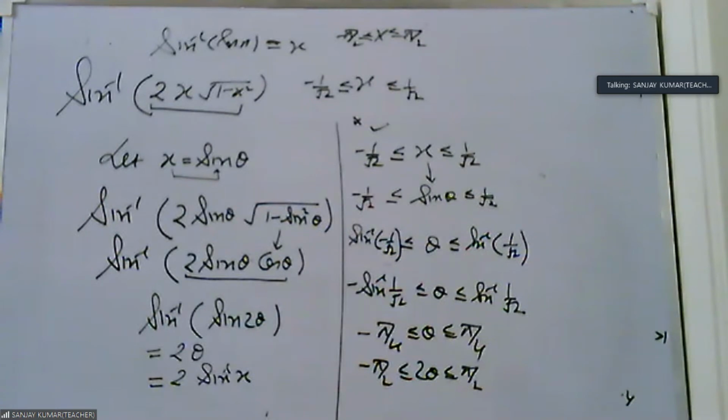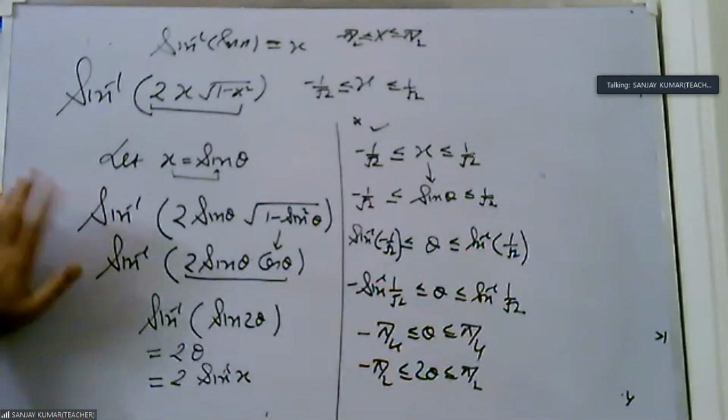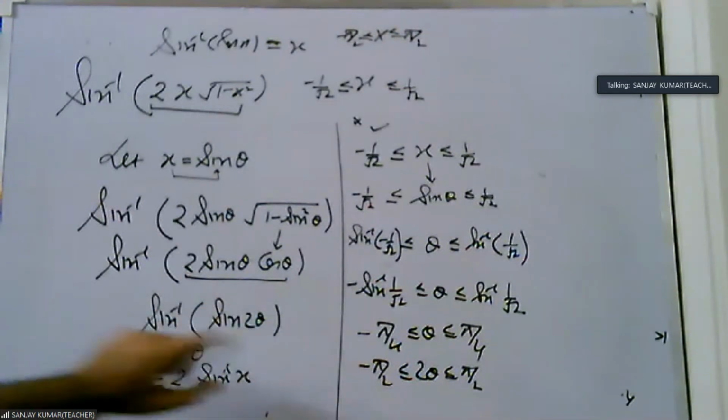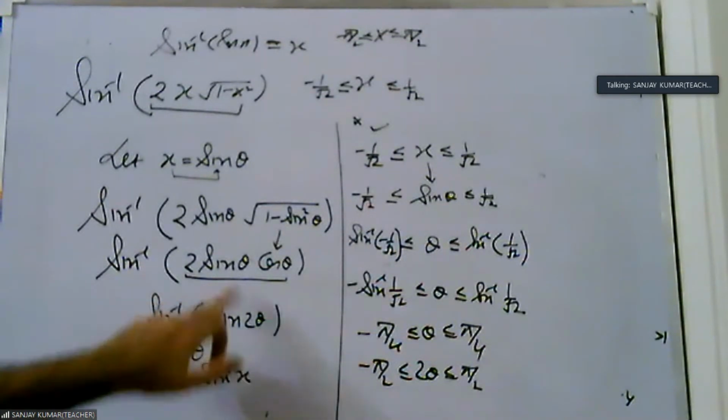The first point, how we know let x is sine theta? The first question is this. The second question is that who tells us this is a sine 2 theta? And the third question, how we check this lies between minus pi by 2 to pi by 2? यानी कि they are the 3 questions जो हमारे पास खड़े हुए हैं कि कैसे मालूम चलेगा कि we suppose x is sine theta and how we get this is the formula of sine 2 theta.